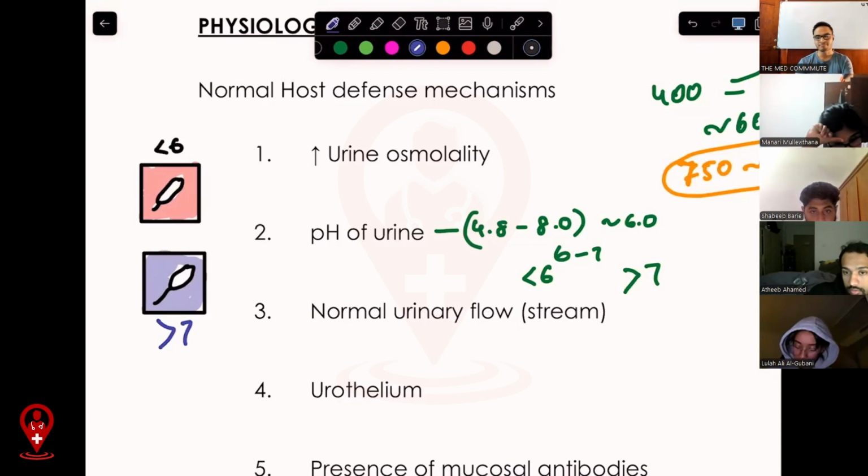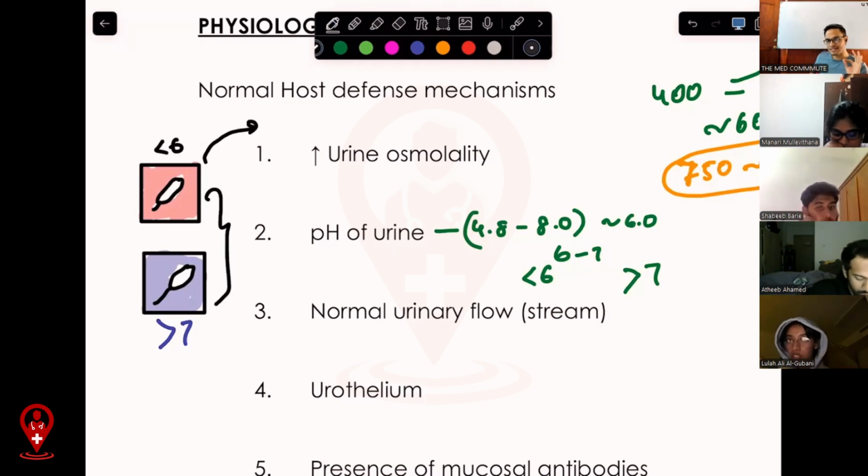When the pH is less than 6 or greater than 7, one thing that can happen in both scenarios is direct damage to the bacterial cellular structures, and the bacterial enzymes will get denatured. So overall survival will be reduced. Specifically, with the more acidic urine pHs, when acid is high, glycolytic pathways